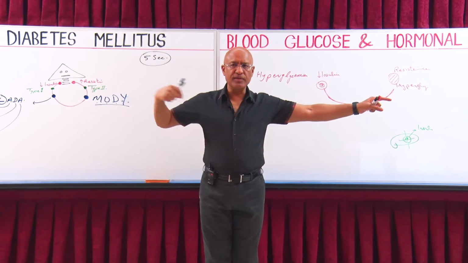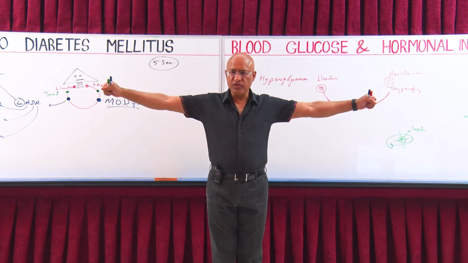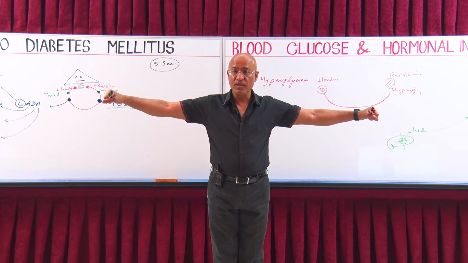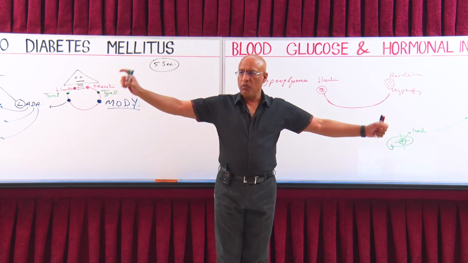This common string is hyperglycemia. Is that right? This is the death string and it has many death stones. Death stones mean different types of diabetes, right? One extreme is